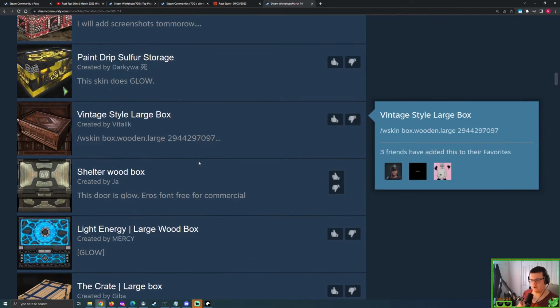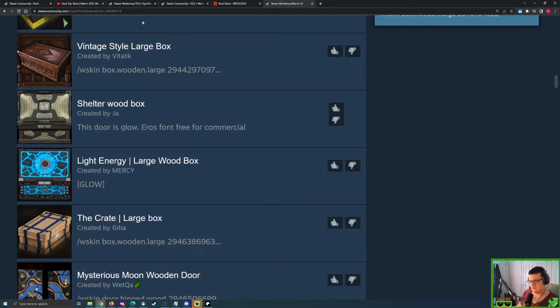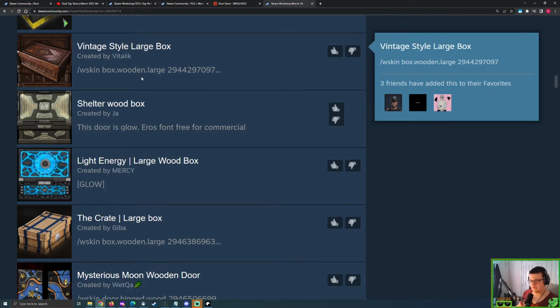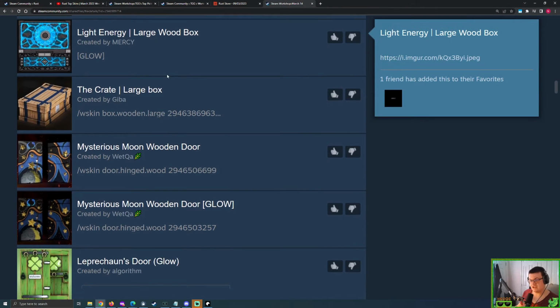We have Darkiwa with his paint drip sulfur storage. Vitalik is making a vintage style large box. Then we have Shelter wood box made by Ya. Light energy large wood box made by Mercy. And Giba,